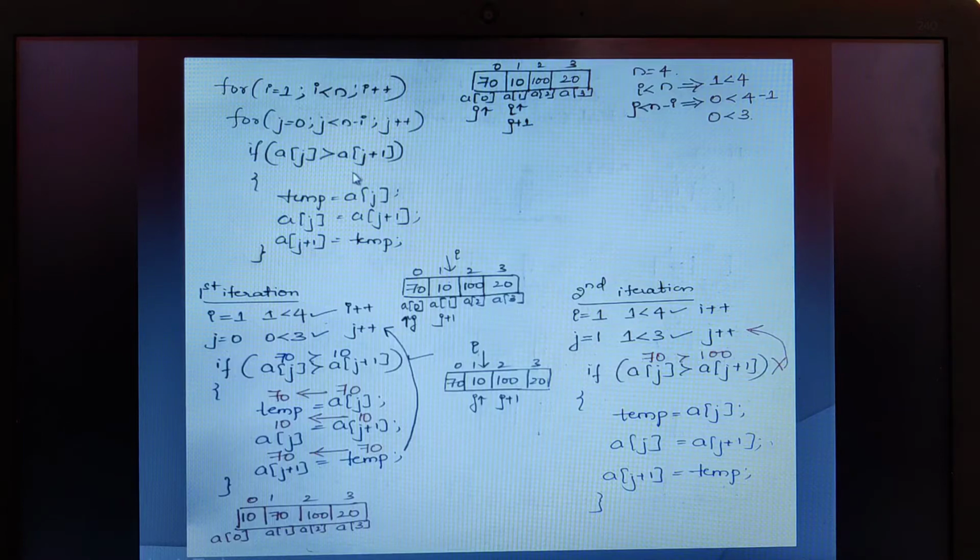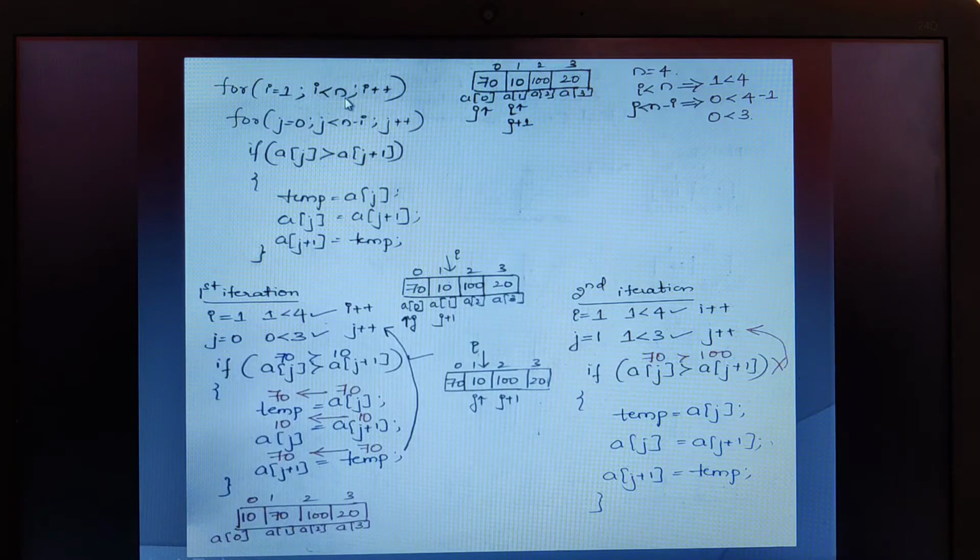Okay. Now let us understand this one. So initially I is pointing to the first location. I is pointing to this location. According to this array, what is the size of the n? N is 4. If n is 4, definitely its range lies from 0 to n minus 1, that is 0 to 3. So therefore A of 0 is holding 70, A of 1 is holding 10 and A of 2 is holding 100 and A of 3 is holding 20. So I is pointing to the first location, and check here whether 1 is less than 4. Yes, the condition is true.